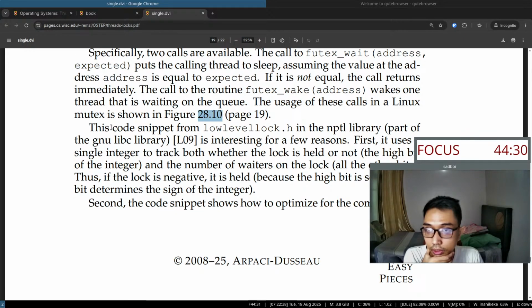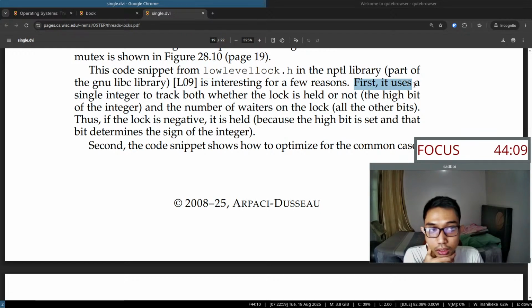This code snippet from lowlevellock.h in the NPTL library, part of the GNU libc library, is interesting for a few reasons. First, it uses a single integer to track both whether the lock is held or not, the high bit of the integer,